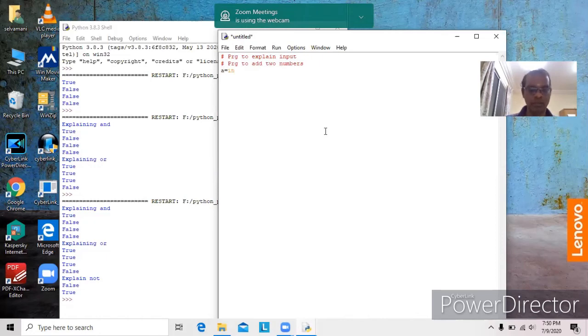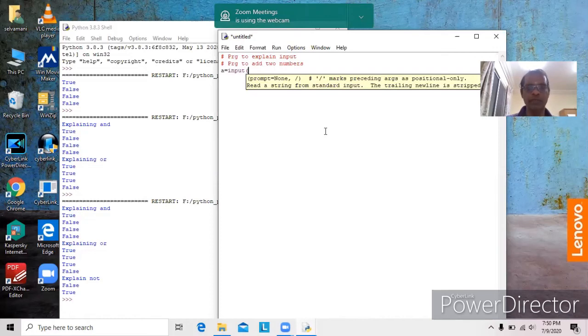A equal to input of. First we can go directly without int. We will check it out.